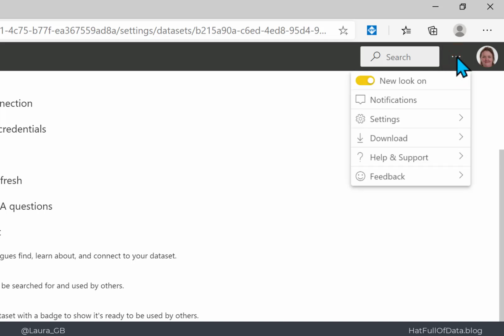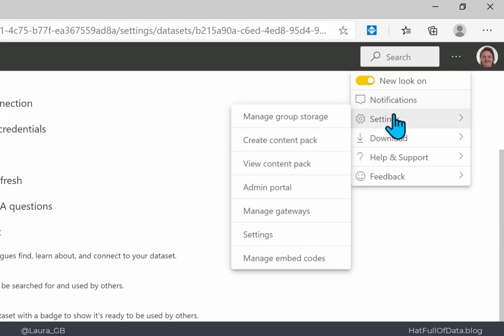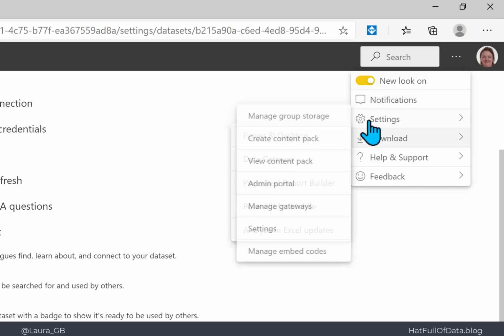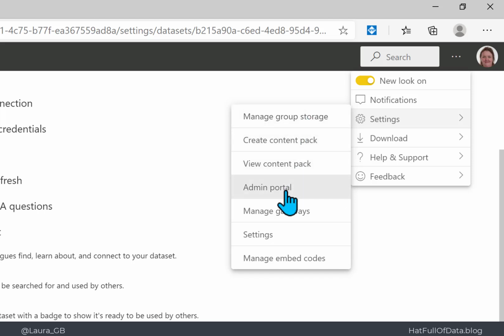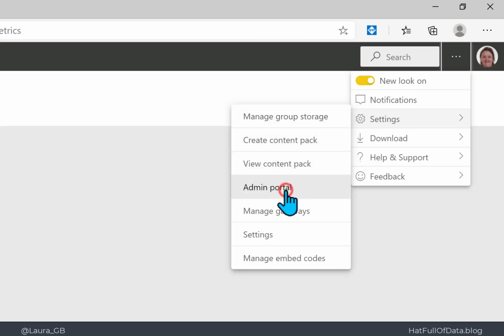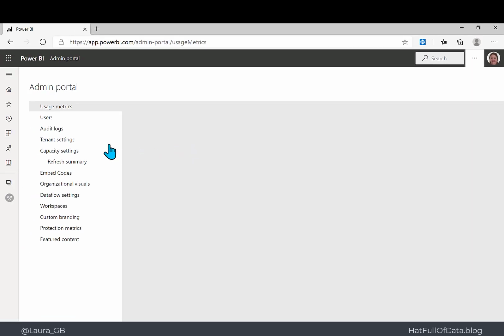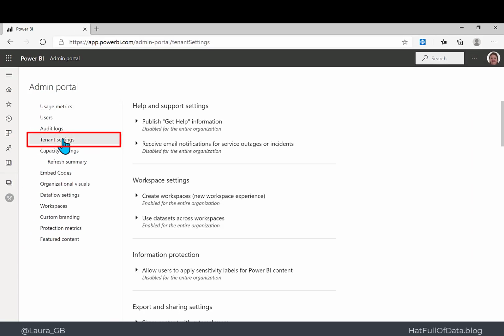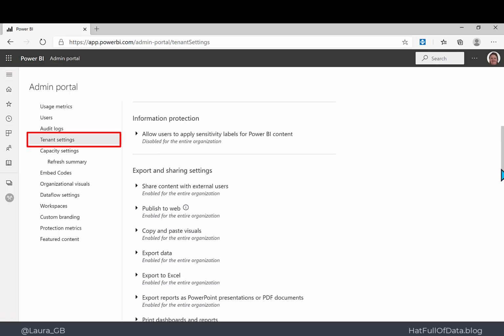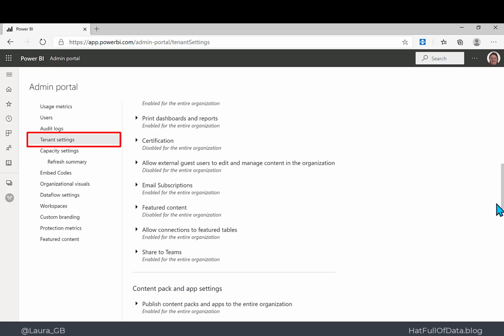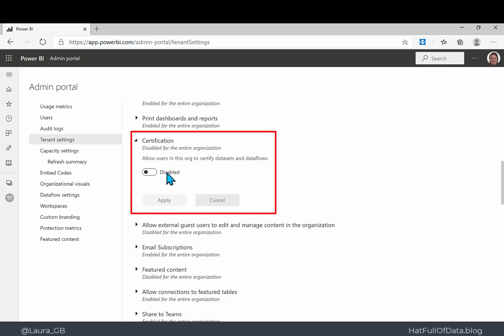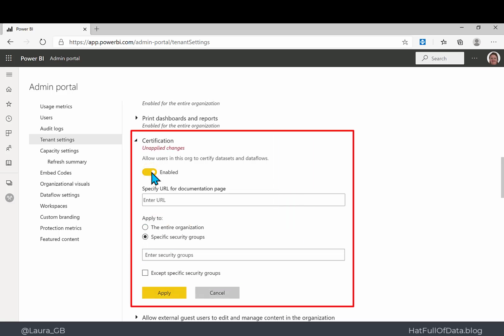So I am. In the top right hand corner, I'm going to click on the 3 dots and go to settings and admin portal. And in here, I'm going to go to the tenant settings and scroll down to certification. And you see it's disabled. Now, if I enable it, okay,